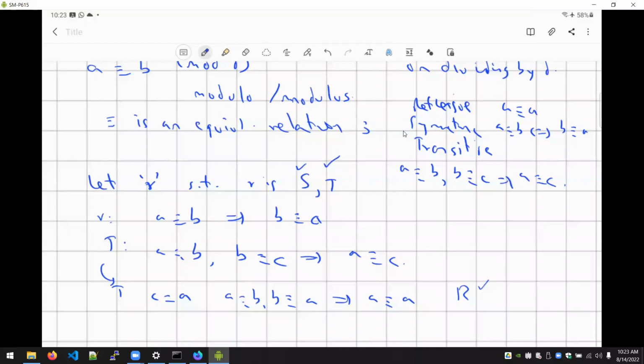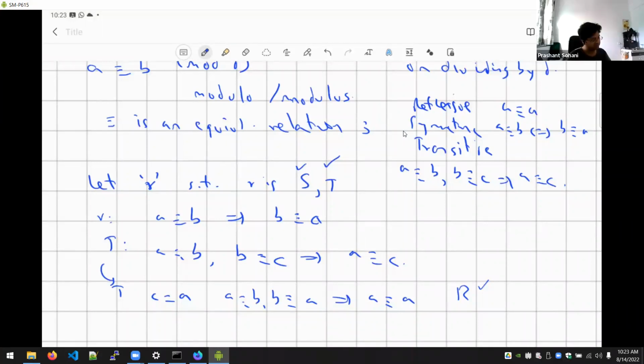Sir. Yes. So we could apply this to A in the first property also, right? Symmetric property where A is congruent to B, and if we assume B equals A, then we directly get A congruent to A. No. See, these are: if A is congruent to B, then B is congruent to A. Transitive also says that if this is true and this is true, then this is true. Okay, sir.